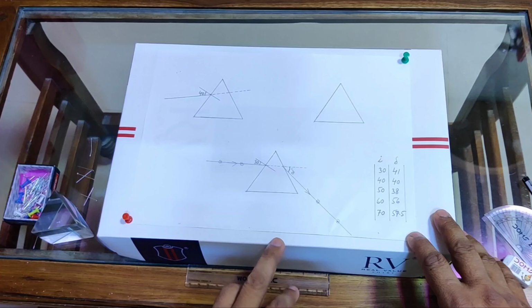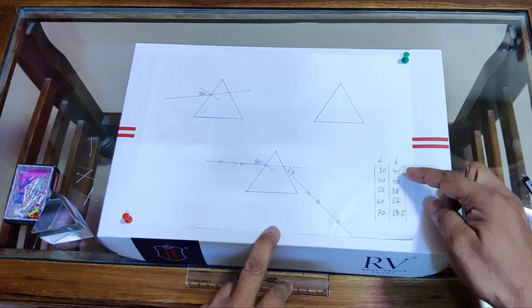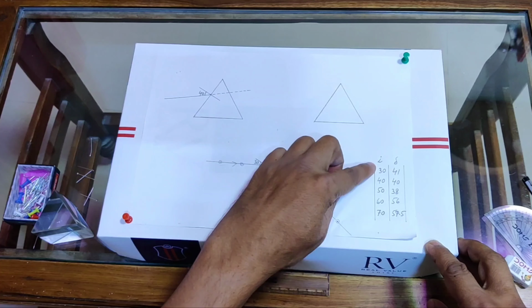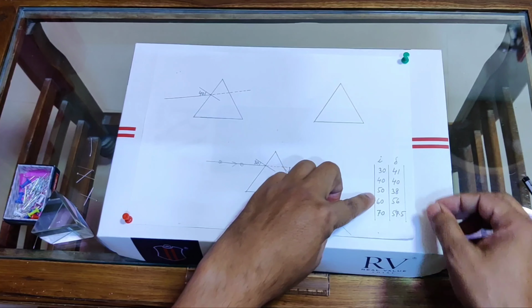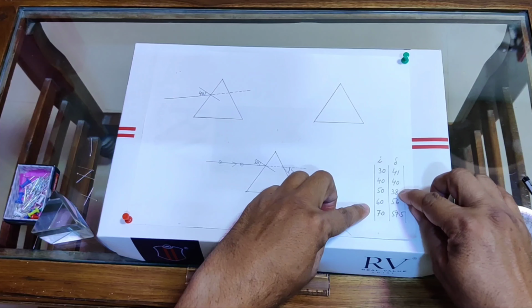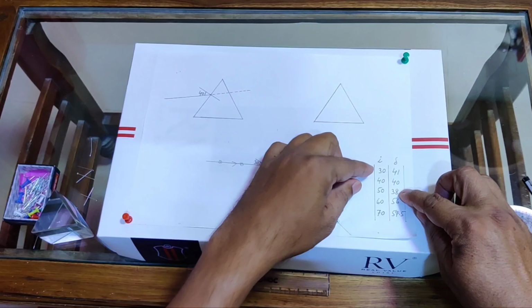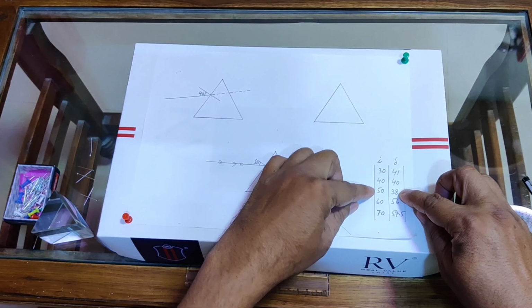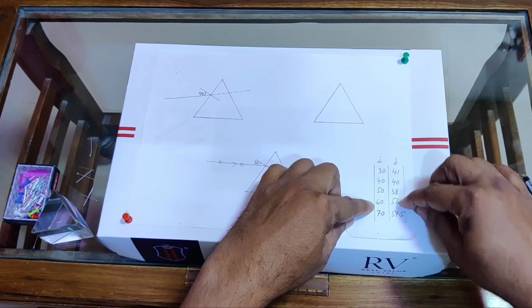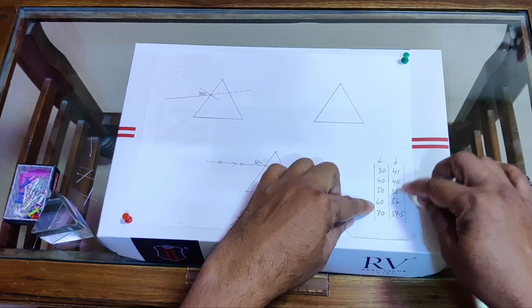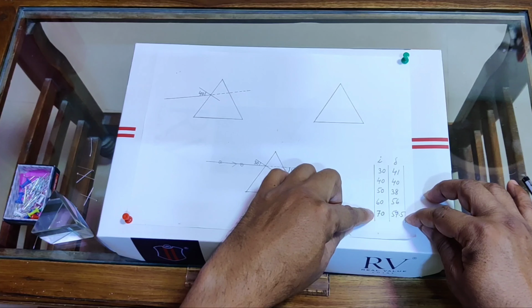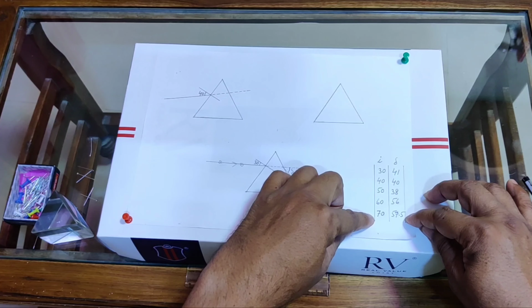Alright, and here also we can see that as the angle of incidence increases from 30 to 40, 50, the angle of deviation delta decreases. It reaches a minimum value, which is here 38 degrees, and if we further increase the angle of incidence I from 50 to 60 degrees, now you can see that it starts increasing. First it decreases, it reaches the minimum value, and now it starts increasing again if we further increase the angle of incidence I. Alright, and this is the result.